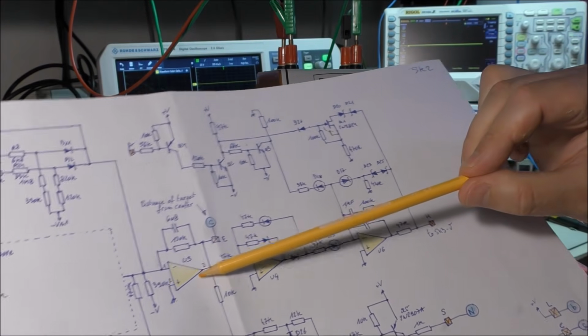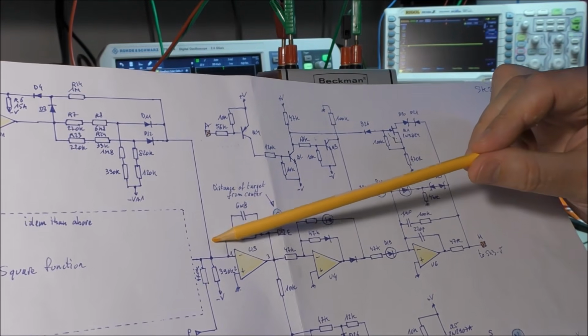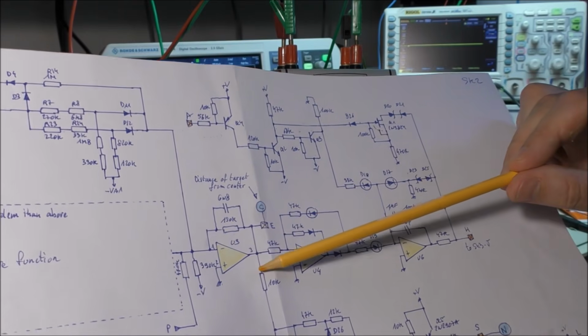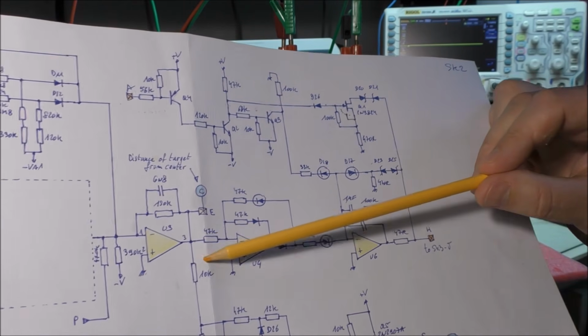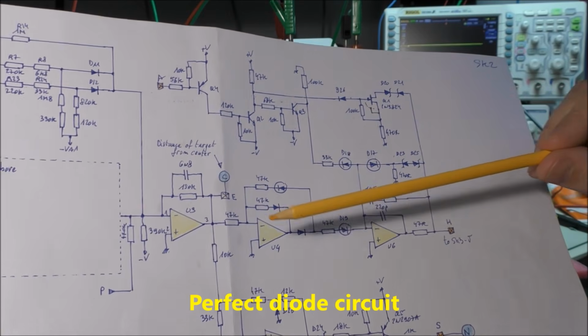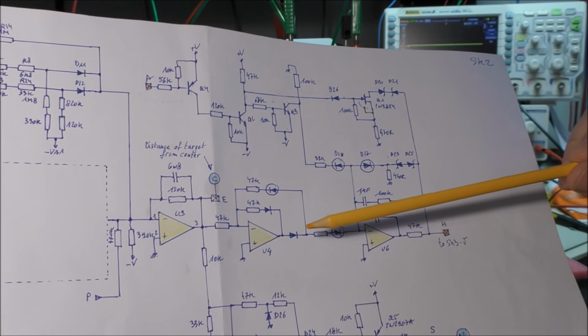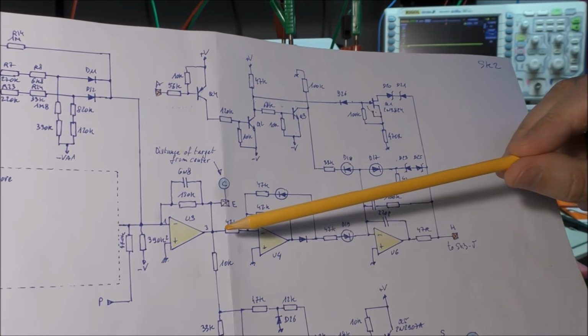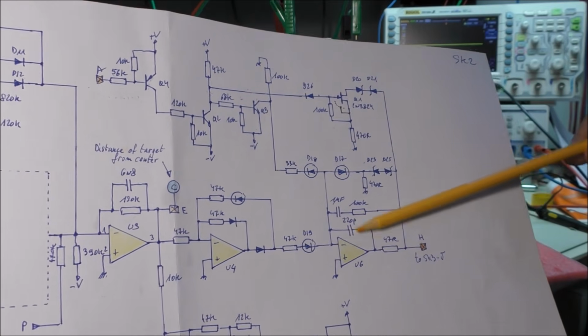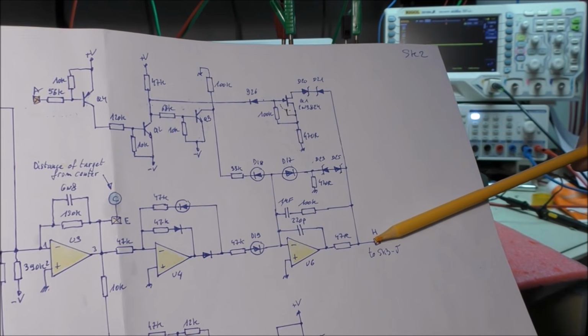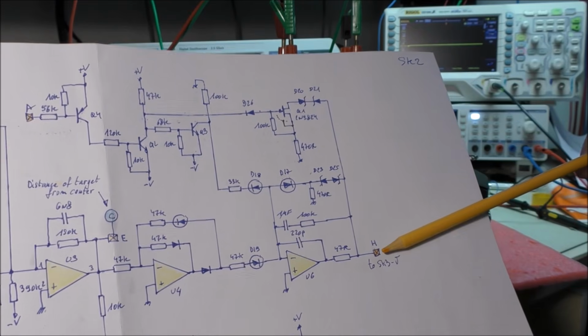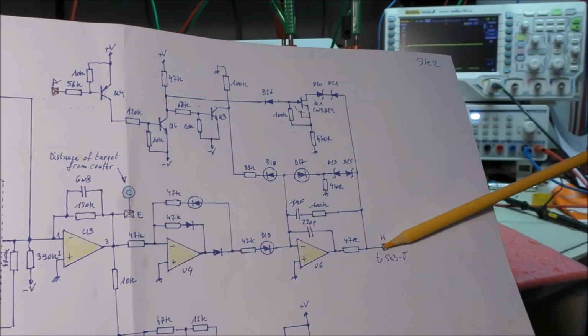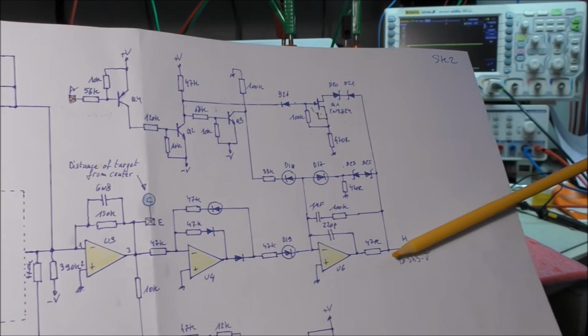This voltage is negative, the current flows in that direction here, so therefore the output is negative. The output here is fed to this circuit, so we can see first that the output is positive, because we have a negative voltage here, and we can see that there is an integrator, and this output is fed to the gain control, to control the position of the spot from the center.